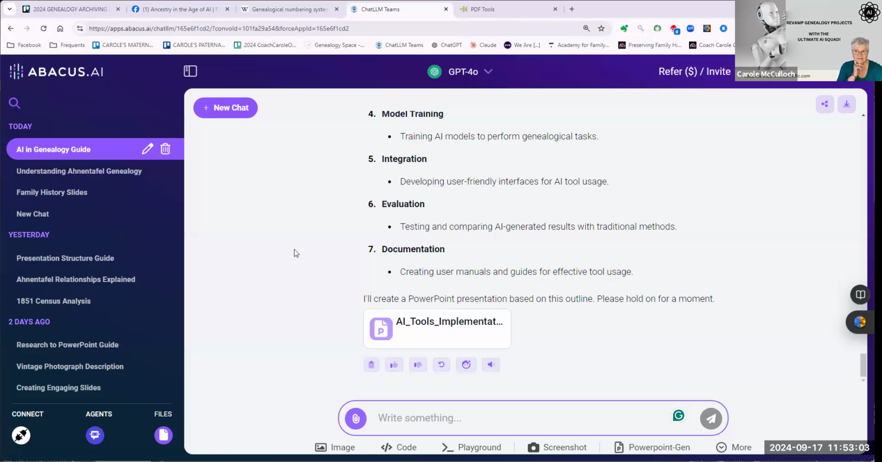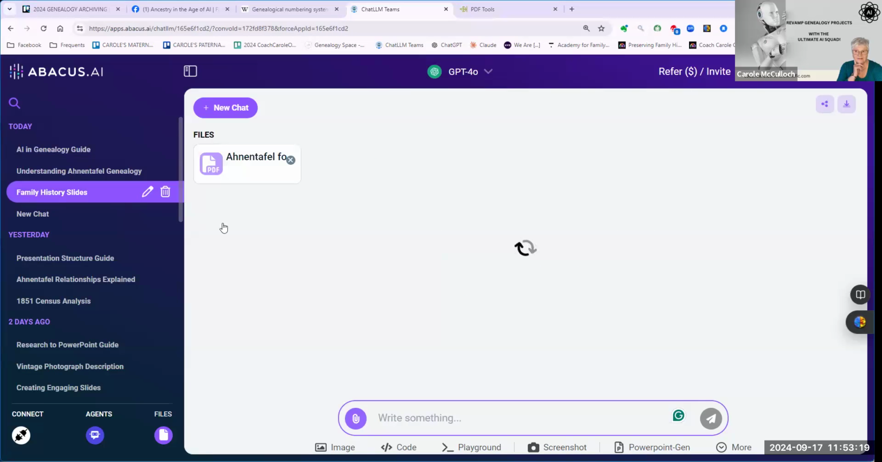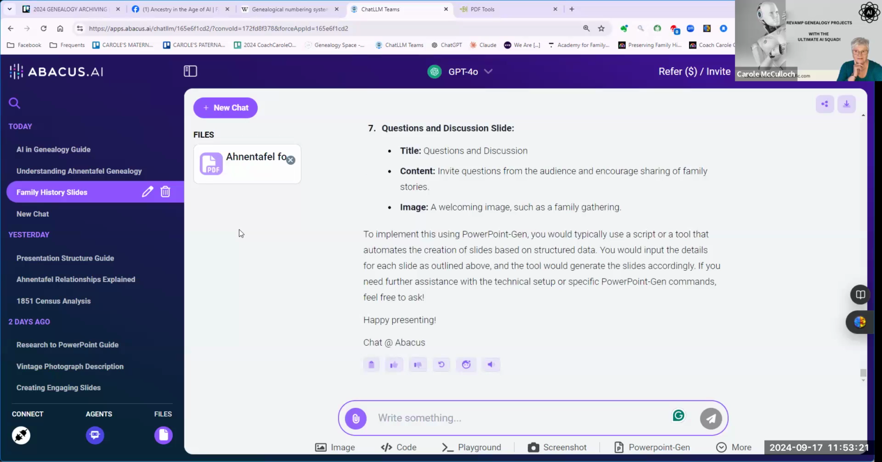I'll share again. What I tried to do was to get it to develop some family history slides from my data that I have for each member of that particular clan. But it struggled with that. It struggled with the fact that I was using a PDF